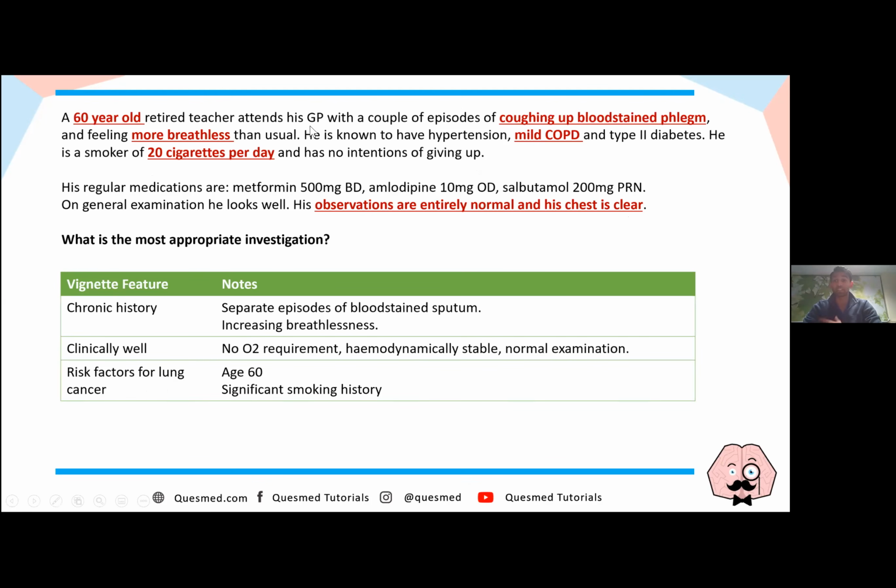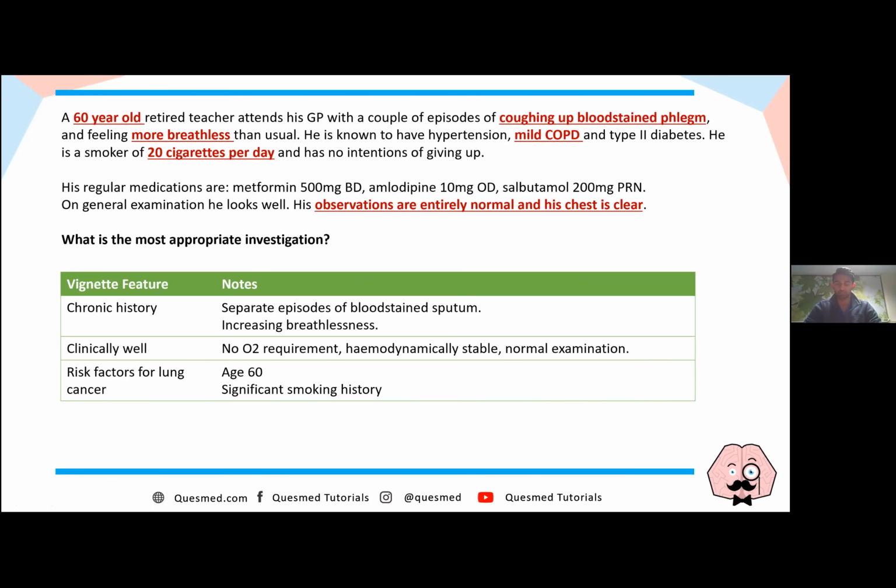So they're attending their GP and they've had 2 separate episodes, okay? So first of all, we know that getting a GP appointment is not an immediate thing. So immediately you know that this history is over several weeks and they are clinically well enough to go to their GP instead of their emergency department, okay? Even on examination, you know that they're very, very clinically well, there's no oxygen requirement, they're hemodynamically stable, and they're